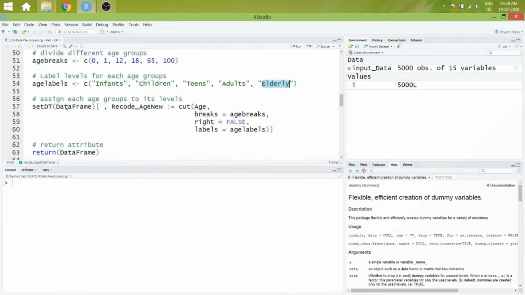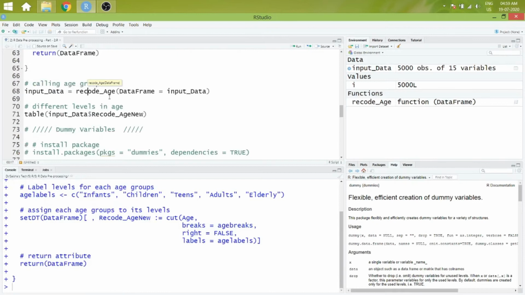In line 57, we are recoding age attribute with age breaks and age labels and creating a new attribute recode age new in the data frame input data.